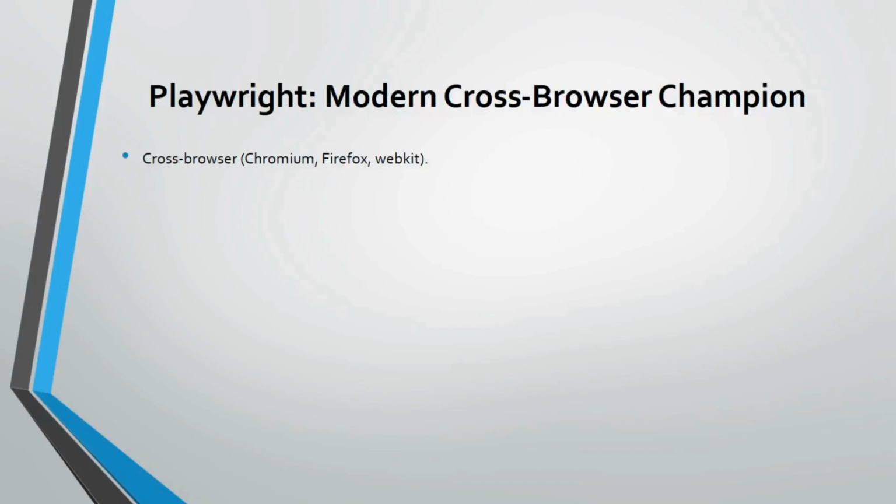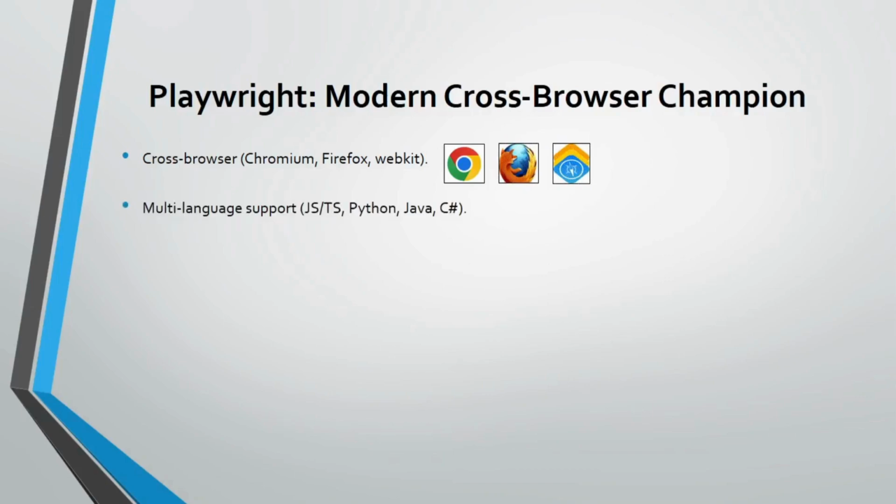So when it comes to Playwright, one of its features is that it supports cross-browser platforms such as Chromium, Firefox, and WebKit. Another feature similar to Selenium is that it provides multi-language support such as JavaScript, TypeScript, Python, Java, and C#.